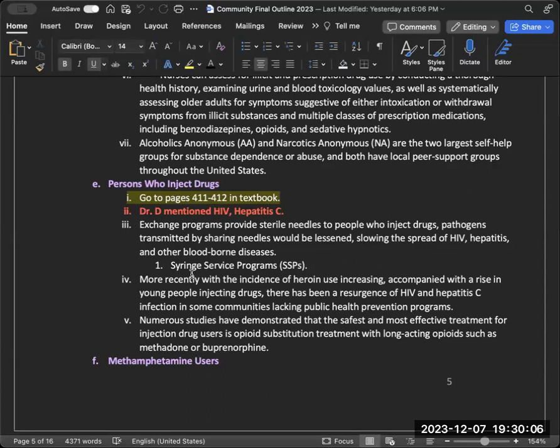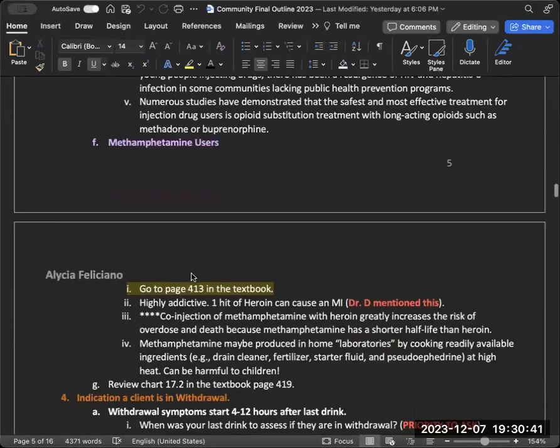I also have included that the use of heroin is increasing in younger populations. And I also saw that the safest way or the most effective treatment for injection drug users is an opioid substitution, like a long-acting opioid such as methadone or buprenorphine. But I would just say, I think Dr. G just wants us to understand that persons who inject, right, also are at more risk for developing these bloodborne diseases like HIV and hepatitis C. So the last thing is